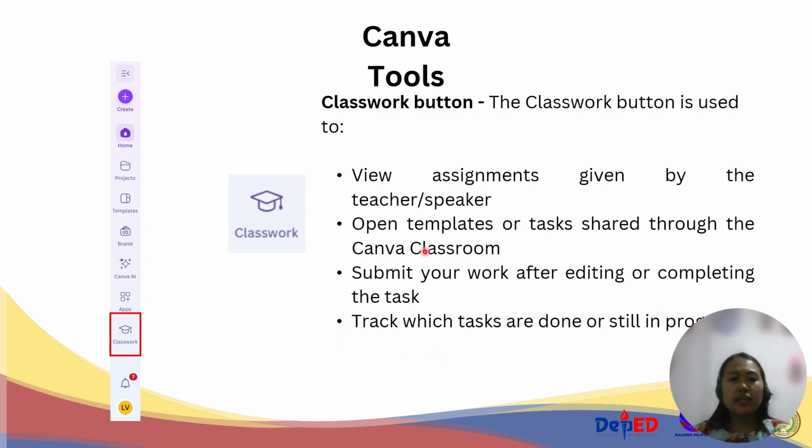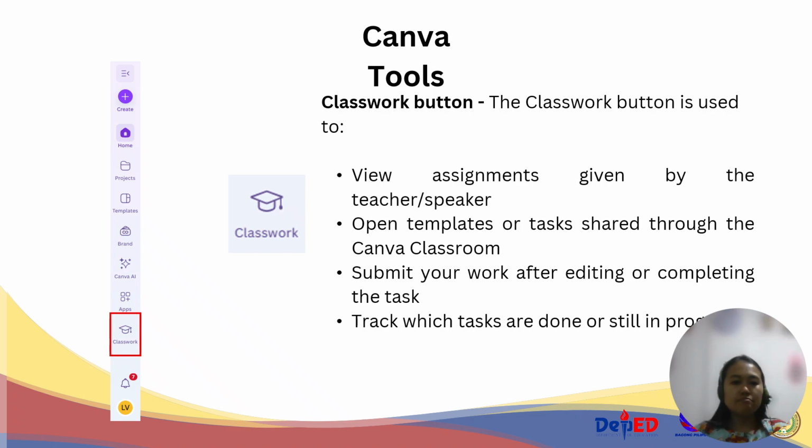So, meaning in classwork, if I know that you are familiar with Google Classroom, it's almost like Google Classroom, wherein the teacher can actually upload assignments, okay, share with you the activities that you are going to accomplish, let us say in your asynchronous class, and then right away you can submit your work also in that class.